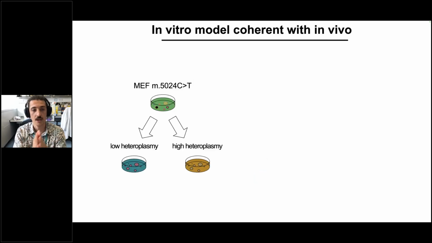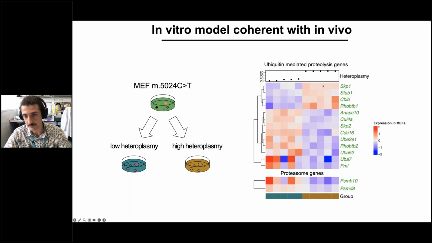actually effective. So we made mouse embryonic fibroblasts from these embryos carrying the mutation, and then we subcloned them to have two populations, one carrying a lot of the mutation, one carrying little, with the same nuclear background. And on these cells, we performed RNA-seq, and this sort of showed the same pathway as the in vivo proteomics,